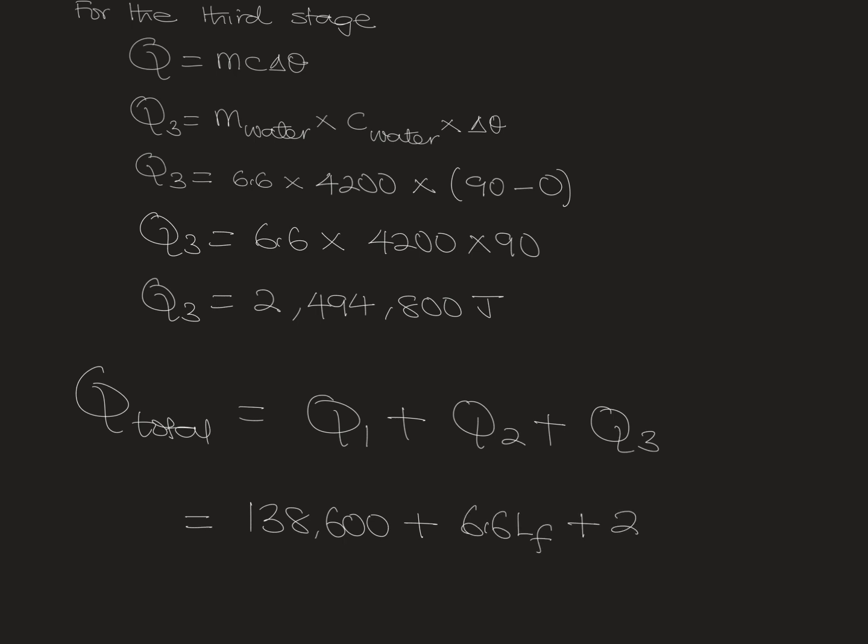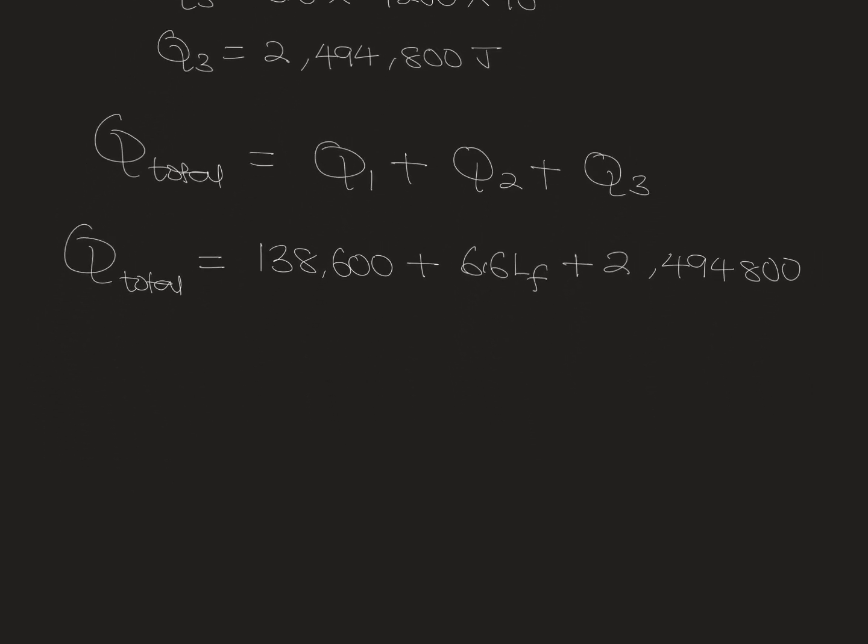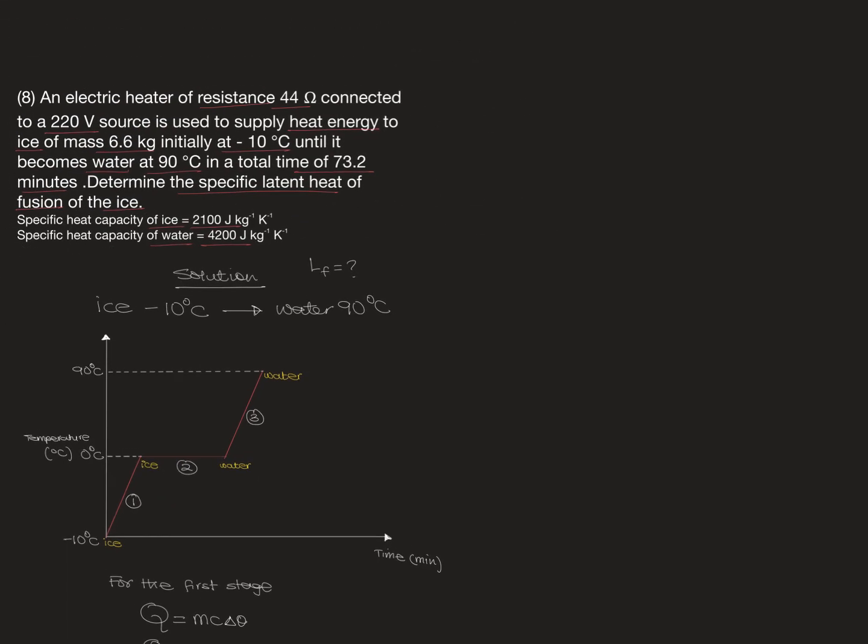Q3 is 2,494,800 joules. So that is the Q total. But how can we know the total energy that is involved in this situation? If we go back to the question and read it,